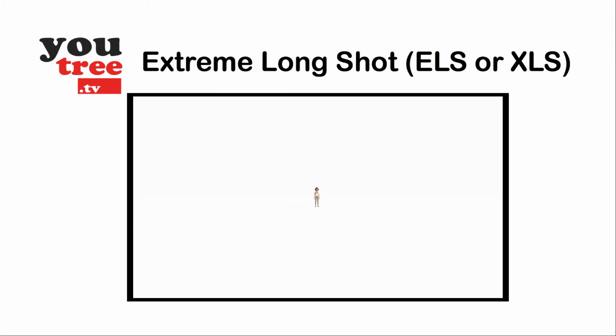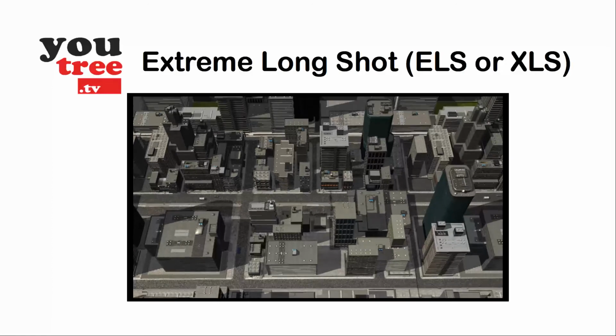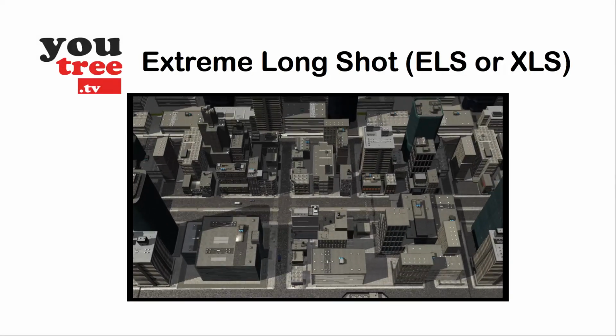In an extreme long shot, the subject is no longer recognizable. This type of shot is good for setting up the geography of the scene. Westerns often use this type of shot to demonstrate the vastness of the wilderness the lone cowboy is riding through. It is also used where the story is set in a vast metropolis and the people seem like ants in